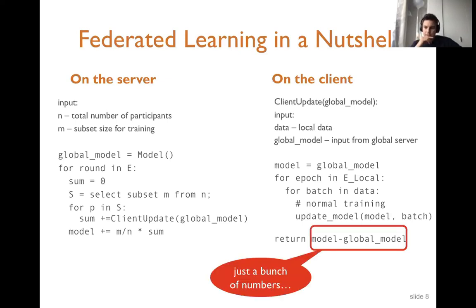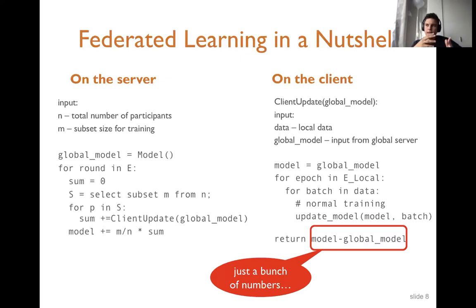However, an important thing that we see here is that before, when I was talking about centralized training, where all the users would send the real data to the server, in this case, you only send the model.